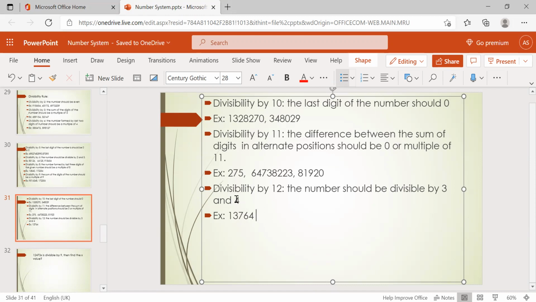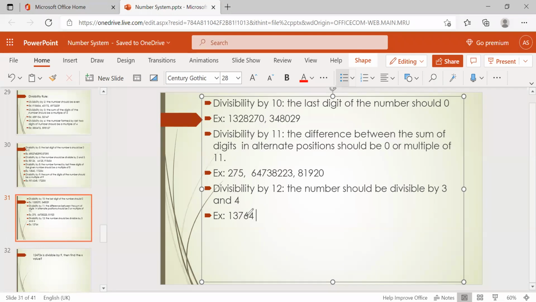Because if you are adding all the digits of a big number, it will take time. But here, what is the condition? It should be divisible by 3 and should be divisible by 4. So both conditions must be satisfied. First of all, check whether the last 2 digits are divisible by 4 or not. What's the divisibility rule of 4? It is nothing but the last 2 digits being divisible by 4. Then only we'll go for checking with 3. Otherwise, no need to check with 3 also.